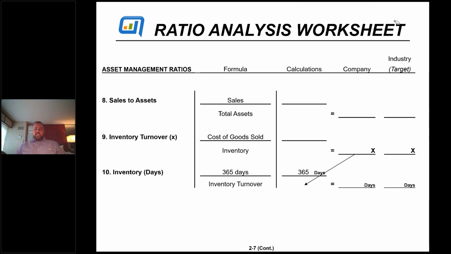We've got sales to assets, all right? So again, the only reason to buy assets is to generate revenue and make profit. This is going to tell you how much to forecast out. If I buy new stuff, this is saying for every dollar that I invest in a new piece of equipment, how much more sales can I expect? And I see business owners do this all the time. They go, oh, I'll probably make 10,000 more. Well, it's not a guess. This number here tells you exactly how much you can expect based on what you do today. If you don't change the way you operate, this is what you can expect to happen.